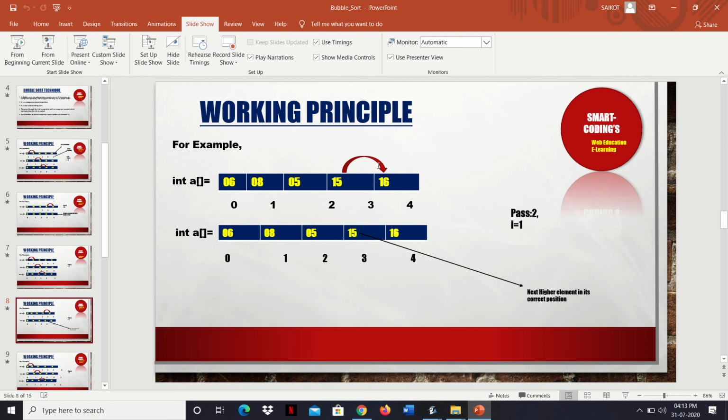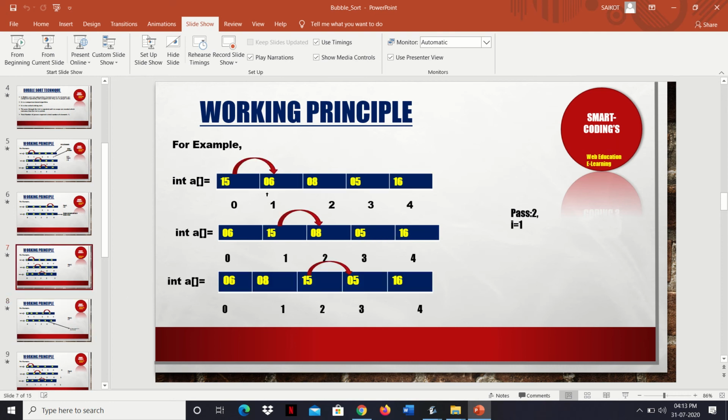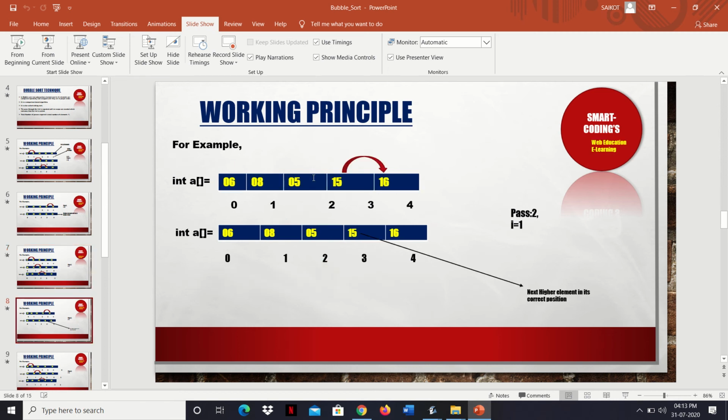You can see here we need only 3 comparisons in pass 2. So when i equals 1, we'll have only 3 comparisons, because 16 is already in its correct position. So no comparison is required unnecessarily, right? So in pass 2, only 3 comparisons.